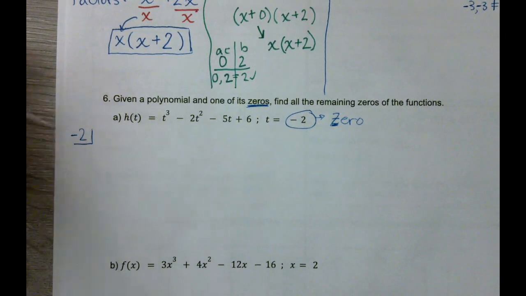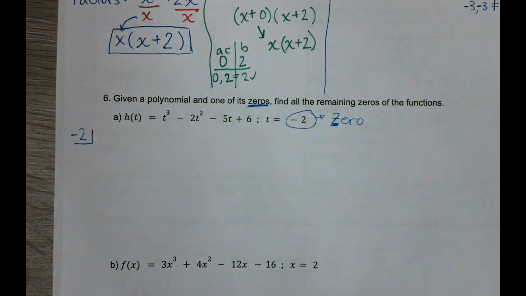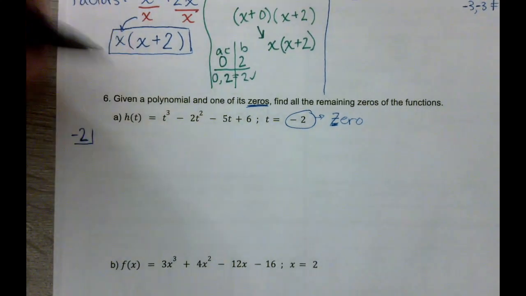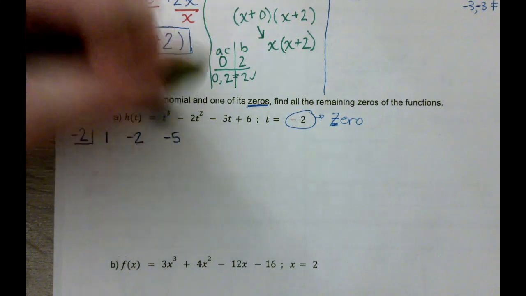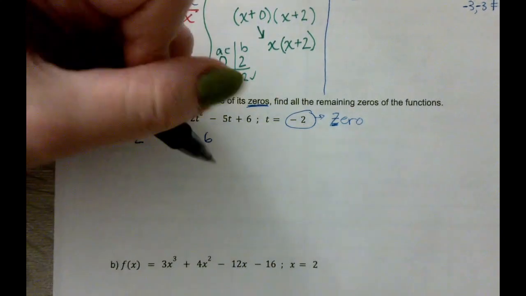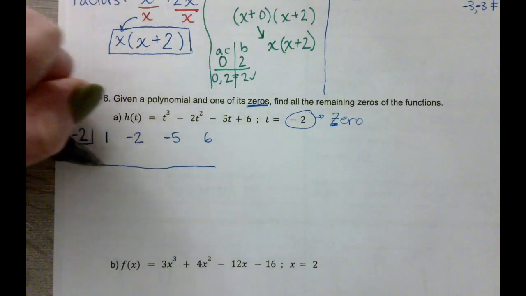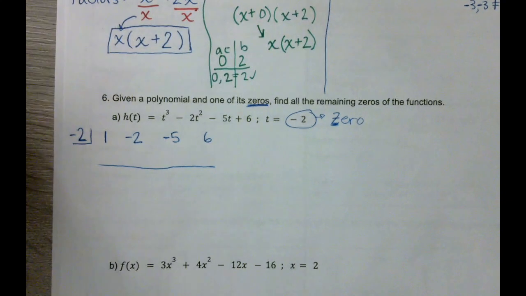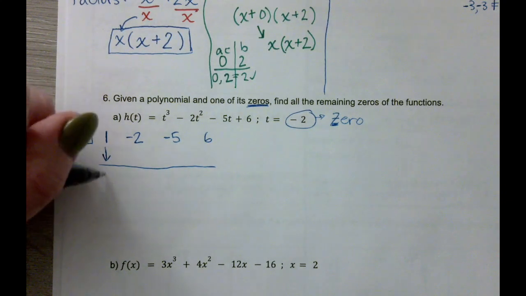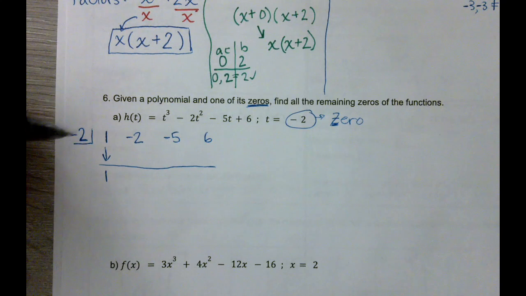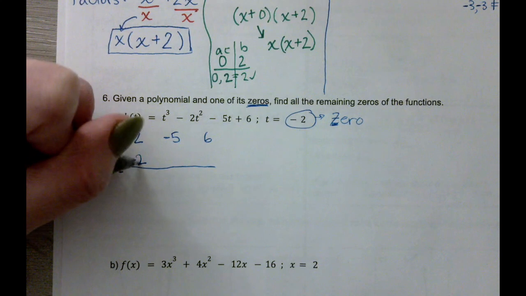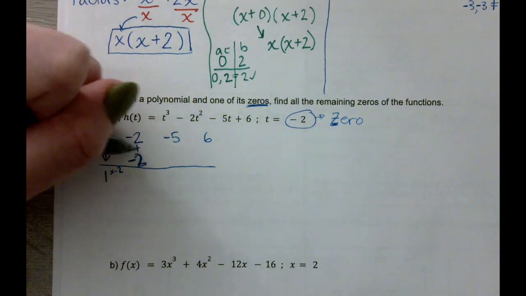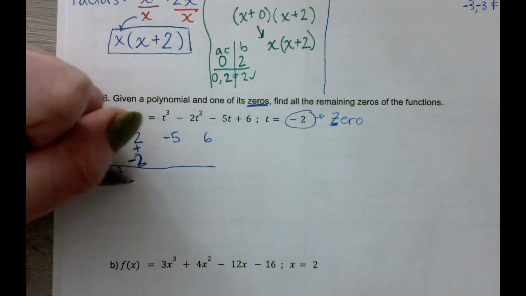I'm dividing by negative 2. Both of these pins keep wanting to go out, so I'm constantly switching. My apologies on that. Then we got 1, negative 2, negative 5, and positive 6. All right, let's bring down this one. 1 times negative 2 gives me negative 2. Now those don't cancel, that gives me negative 4